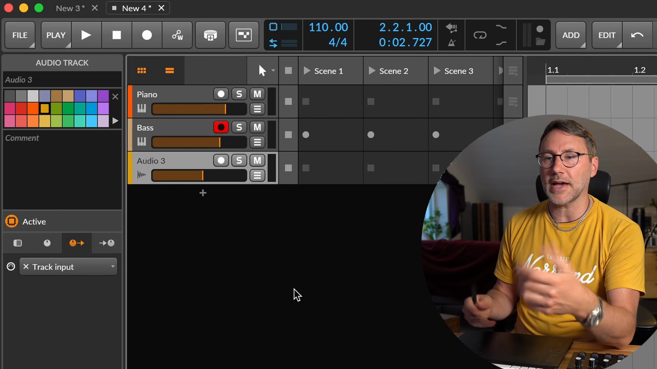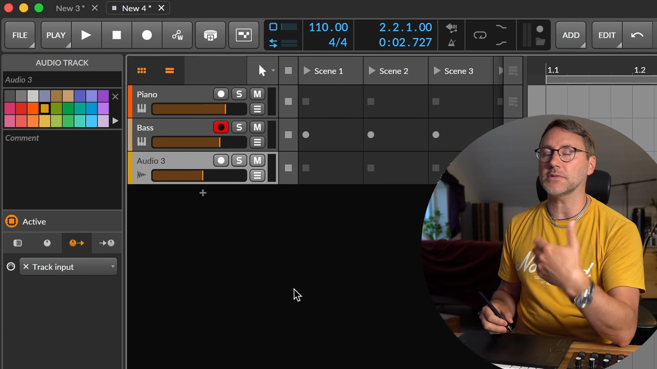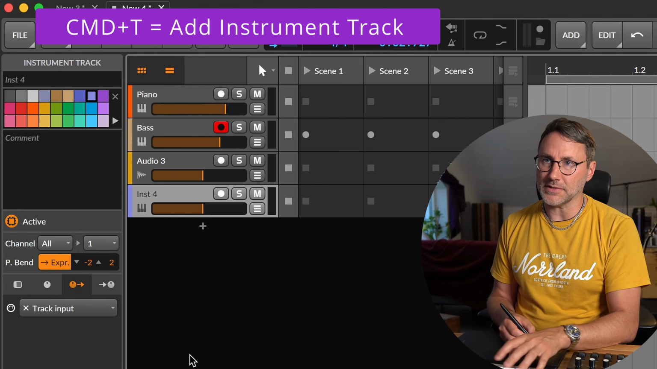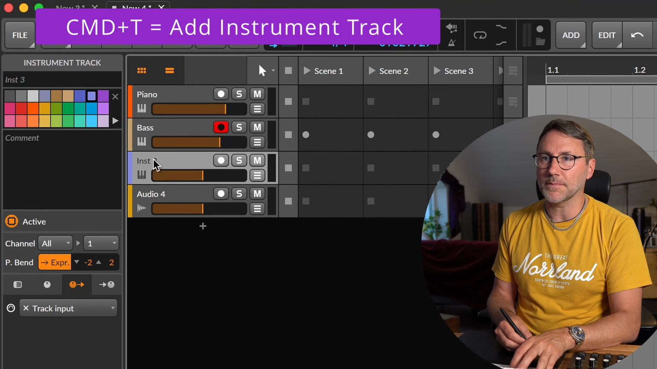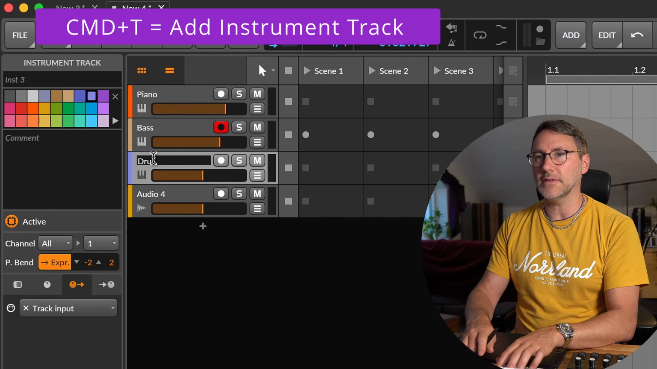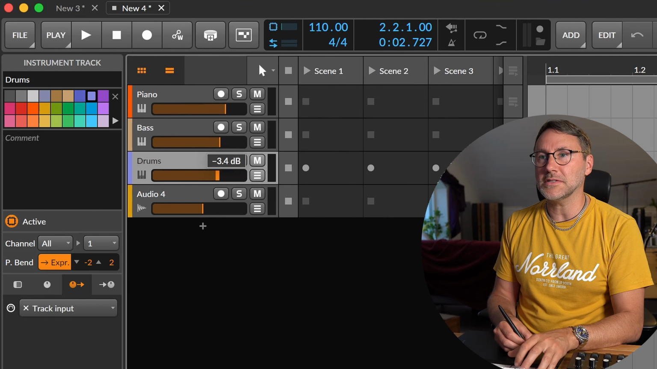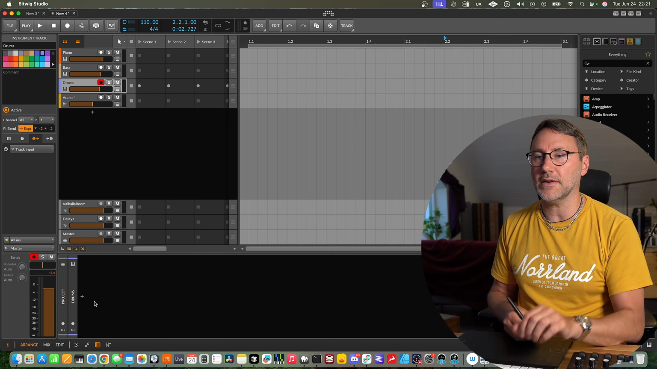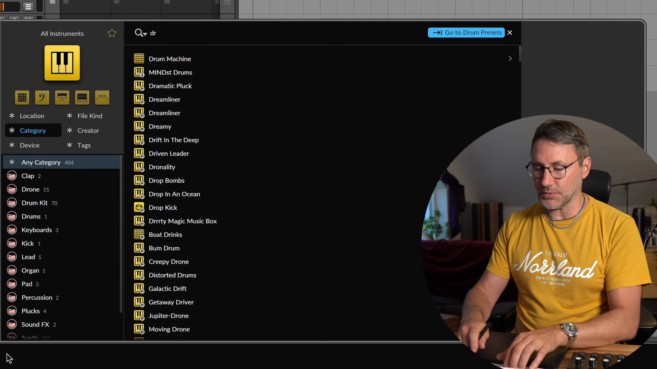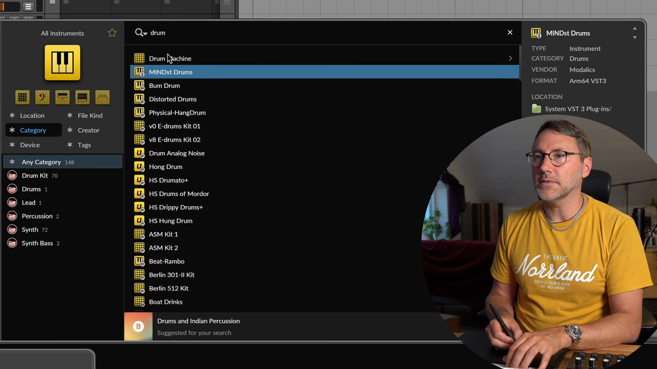And we can either add a drum kit, a drum machine, which will contain a whole drum kit. So let's press Command T, add another instrument track. And we're gonna press Command R and rename that to drums. And also make sure that we record on this track. So what we play here will be on the drum kit, and we can go to the drum